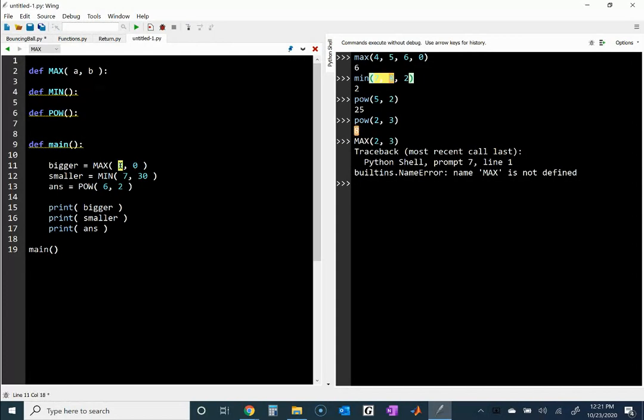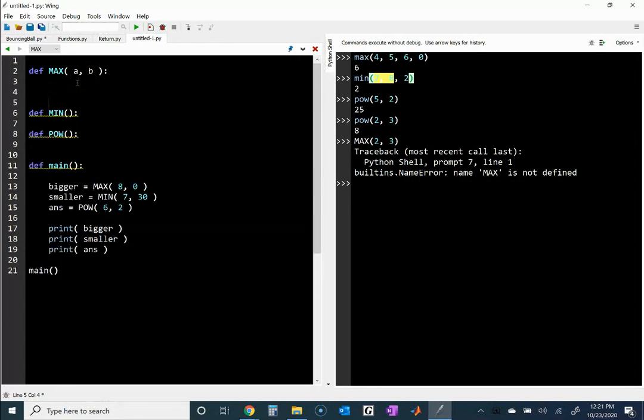When you get to line 11, because we always start our execution in the main function here, we're executing the main function. On line 11, bigger equals what max returns when I send it an 8 and a 0. That means that from line 11, you're going to jump to line 2, and A will be 8 and B will be 0. And you are supposed to return